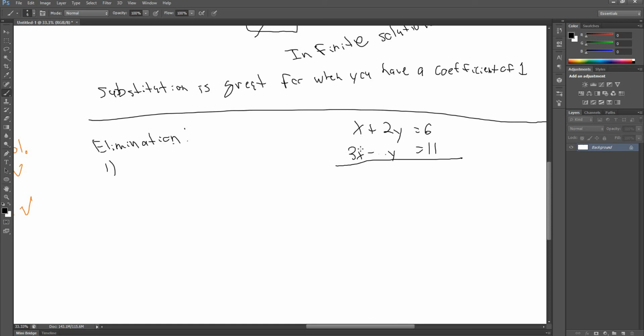If I added, I would have 4x plus y is equal to 17. If I were to subtract, this would be negative 2x plus 4y is equal to negative 5. So it's not great right now, but we can fix that easily with step 1, which is really, if needed,